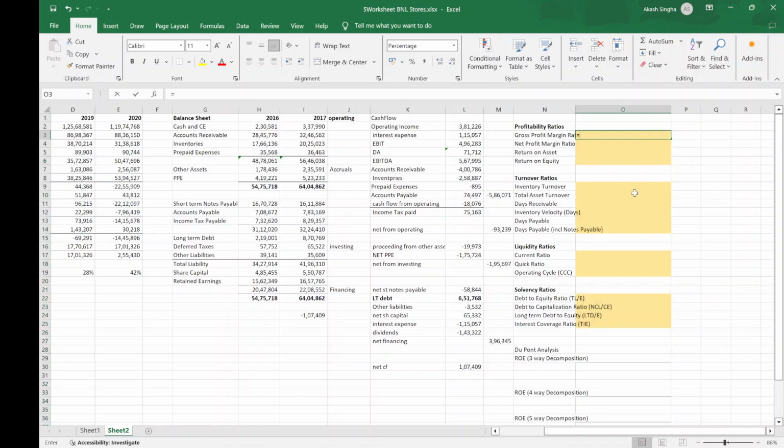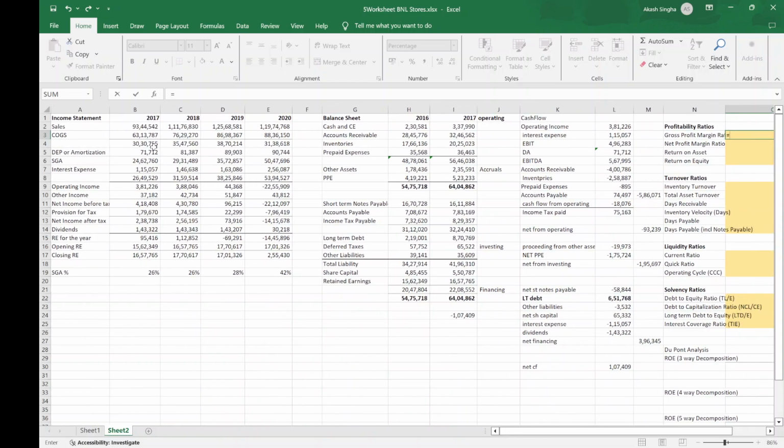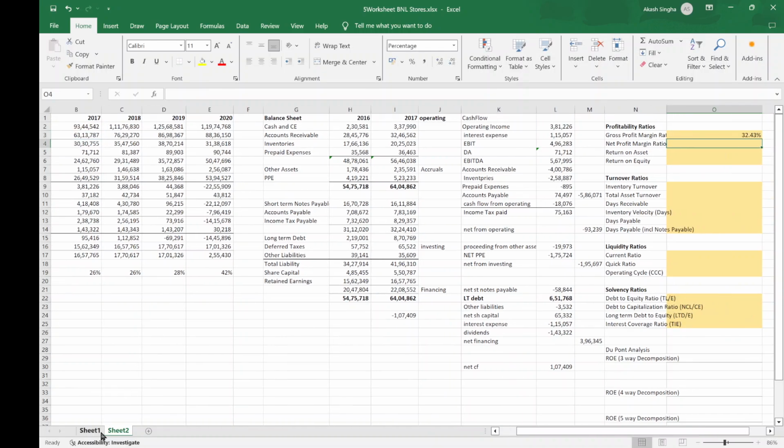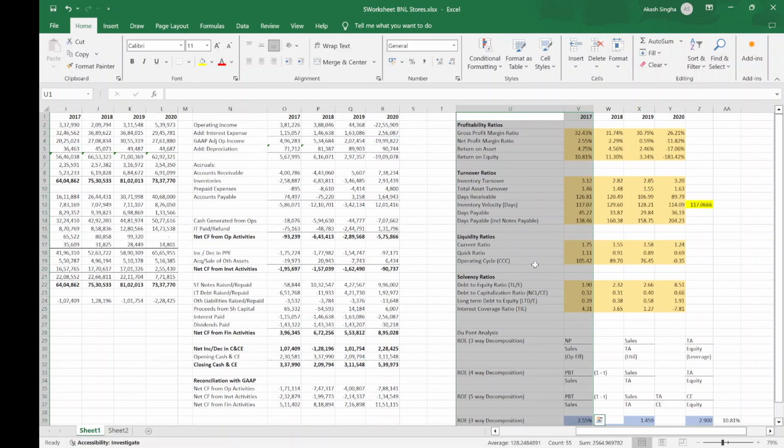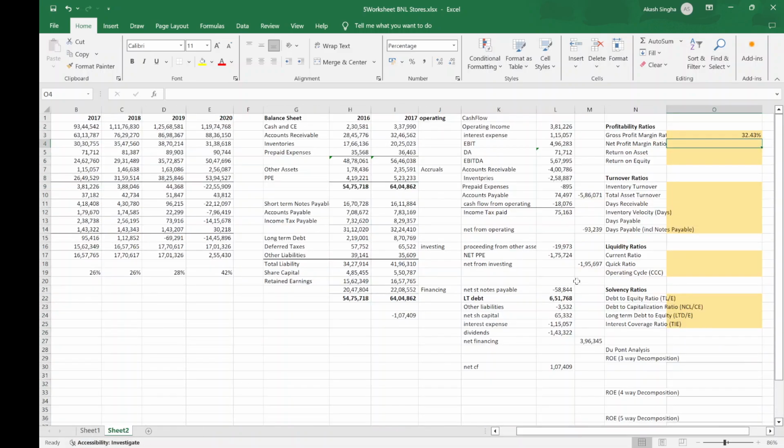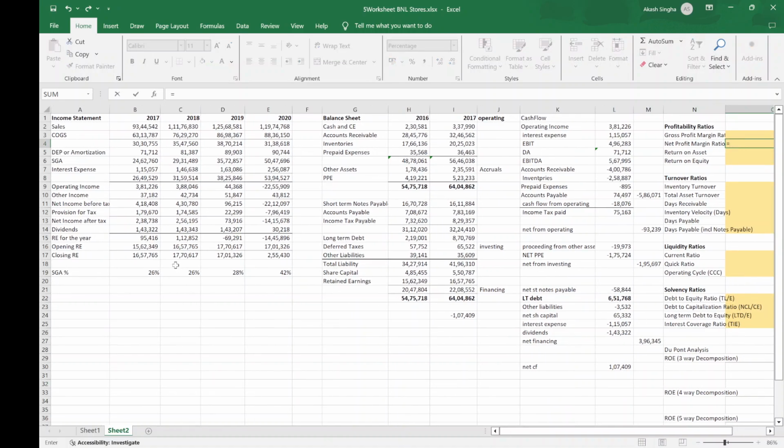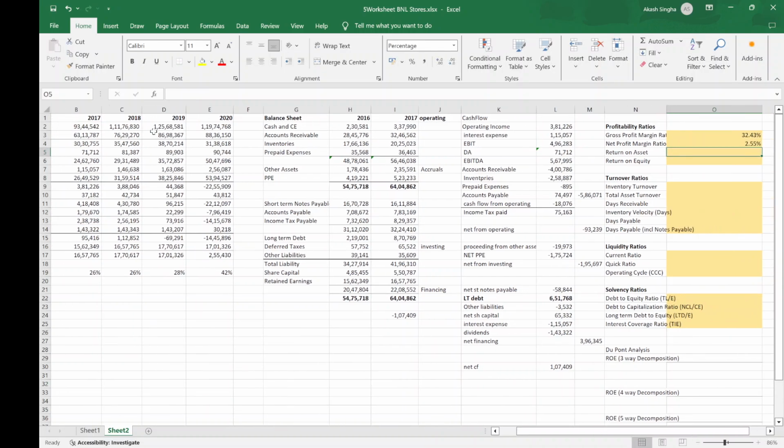Profit margin equals gross profit by revenue. 32.43. Is it correct? Yeah. Okay. Net profit margin equals net income after tax by sales. 2.55. Return on asset is kind of tricky for this one, I remember, because we have to